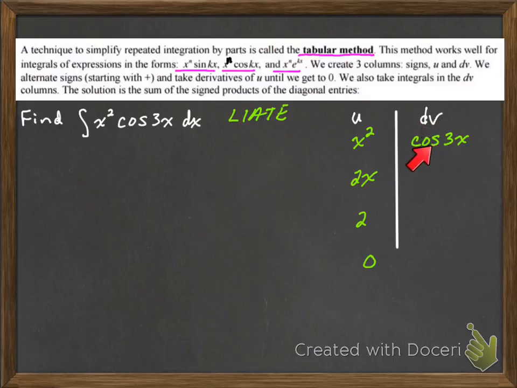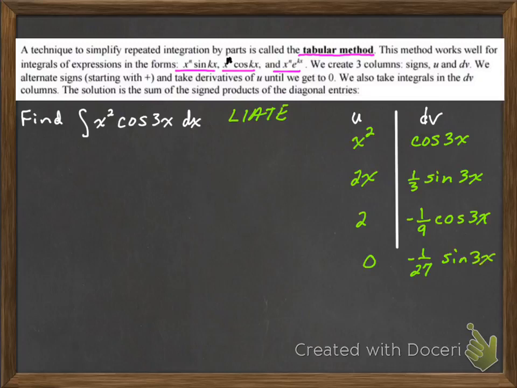So you can use u substitution here. The antiderivative of cosine 3x is going to be 1/3 sine of 3x, and the antiderivative of this is negative 1/9 cosine of 3x, and this antiderivative is negative 1/27